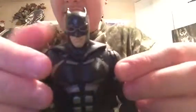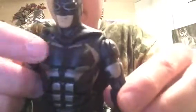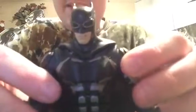I really think that it looks like Night Owl from Watchmen. A little bit of the comic and movie version. And you can see he has that bat insignia right there, which has a slight texture to it. A lot of this figure has texture to it, like the armor pieces right here that are silver, which have a mesh feel to them, like a texturing, which is really nice. I do like that he has armor too. I think that's something kind of different for the movies. Plus, it really makes him look like Night Owl. I really love Night Owl as a character. Plus, that's another movie from Zack Snyder, so...